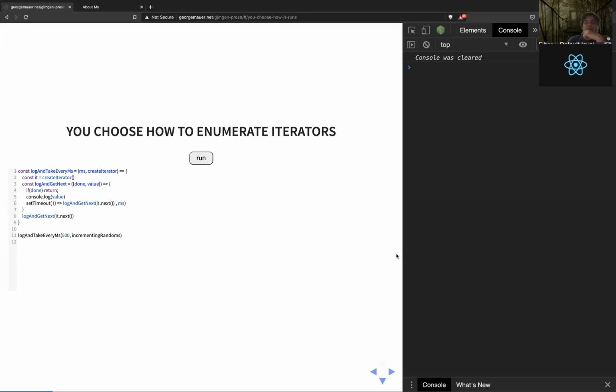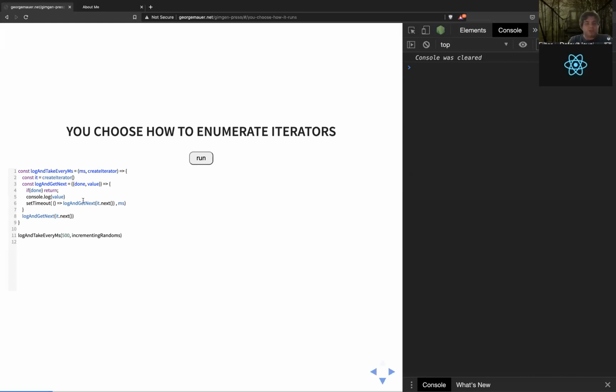And here's the interesting thing. The person that's calling your function gets to choose how to enumerate iterators, right? So I'm going to create a function that's going to log and take from an iterator every this many milliseconds. So we're going to create our iterator, and then every, let's say 500 milliseconds. Actually, it is 500 milliseconds.